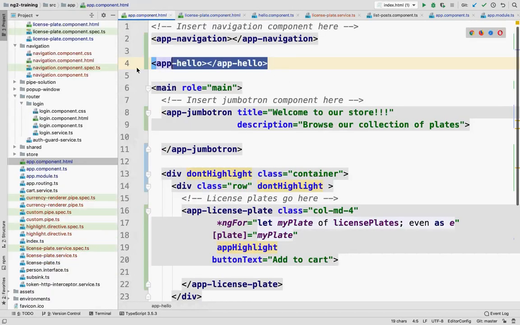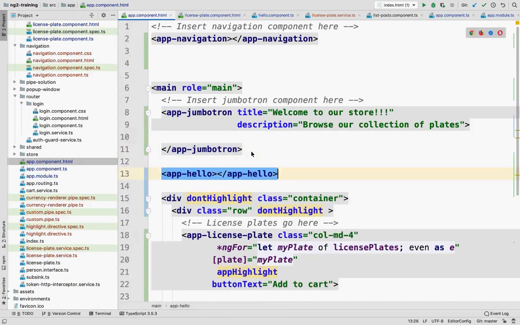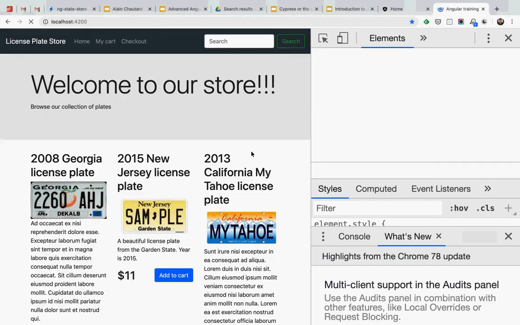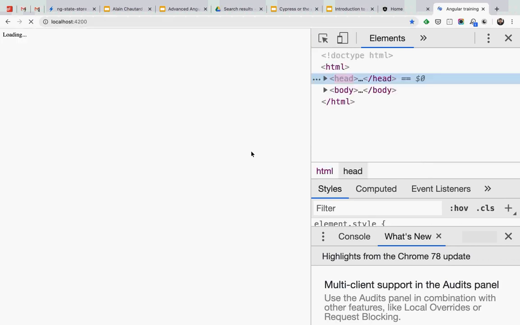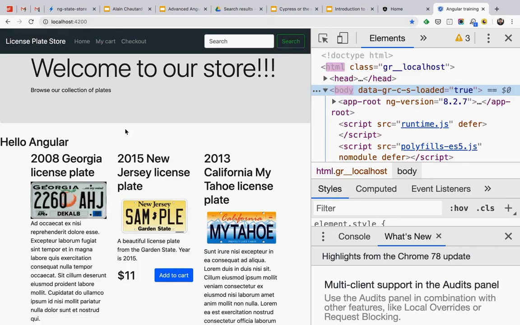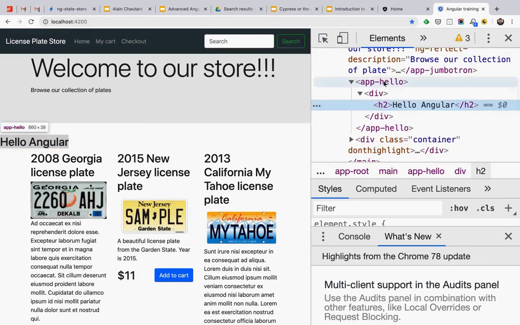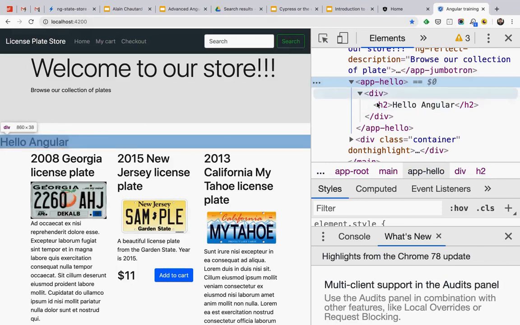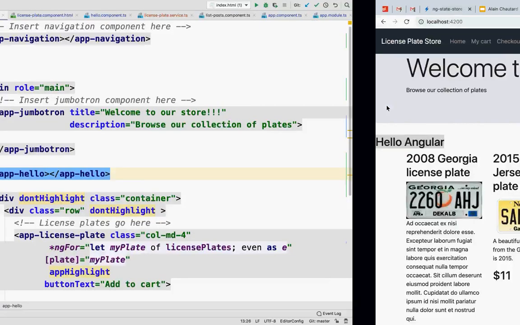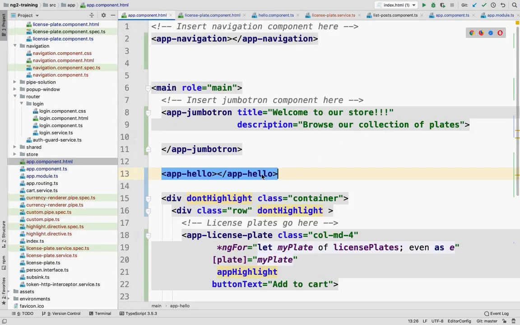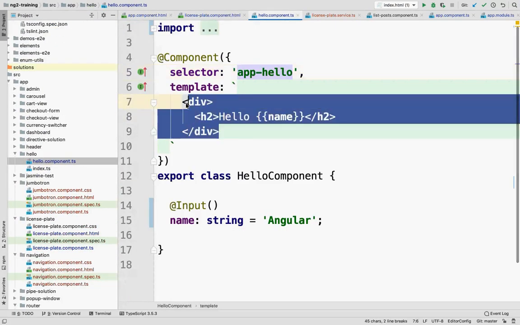I'm going to put it after the Jumbotron. Down here. And yeah, there it is. So that's my component that says hello Angular. If I select it from here, yeah, that's my app hello, and you can see the template that shows up inside of it. So that's a template that comes from the following code right here.